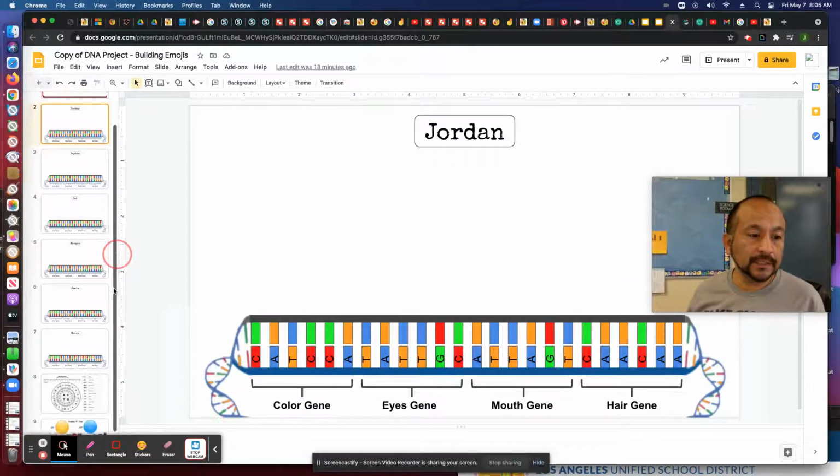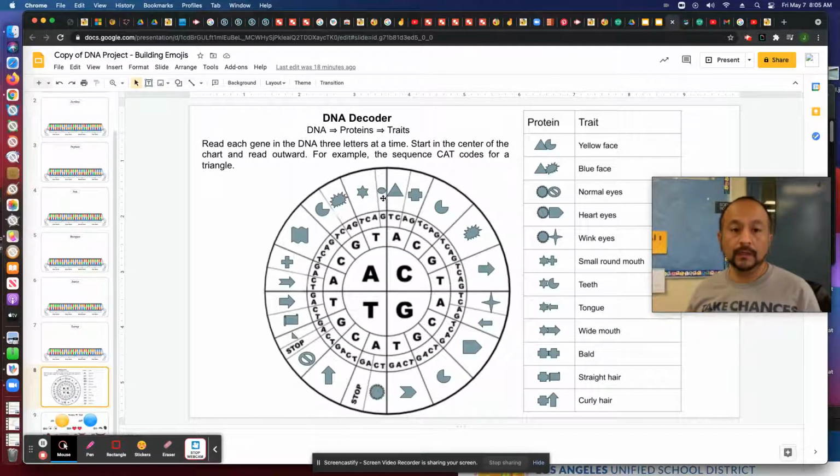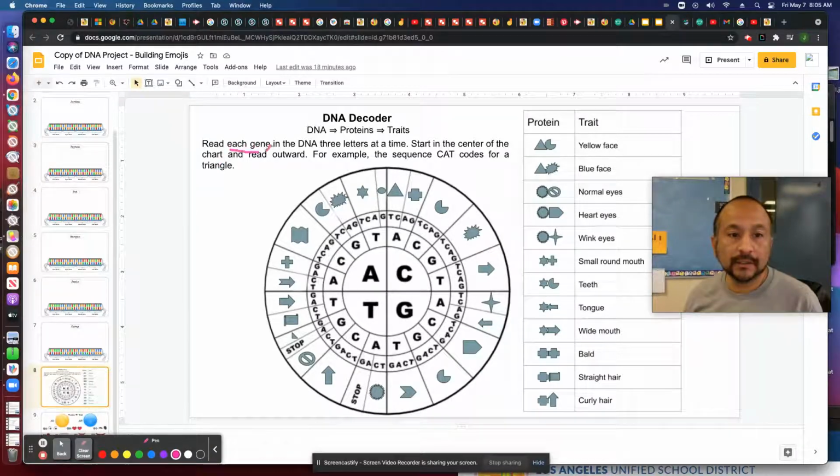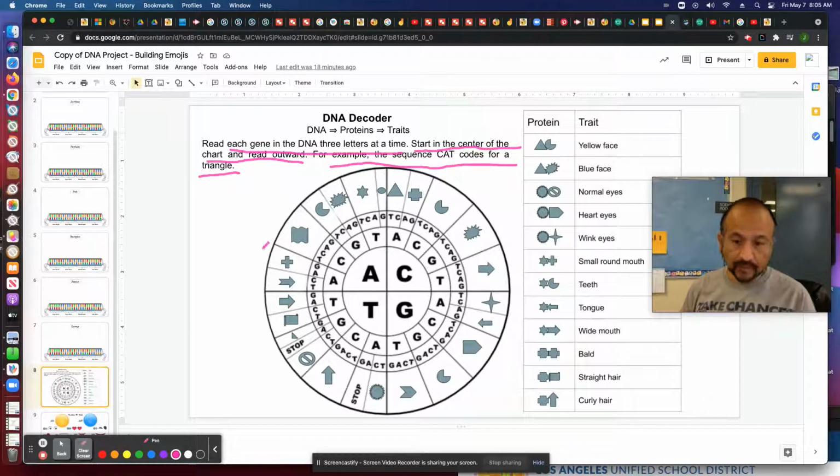I'm going to now go to the DNA decoder, and I will be looking at the instructions. The instructions read: each gene in the DNA, three letters at a time, which is what we did. We read the letters and we came up with the word cat, C-A-T. It says start in the center of the chart and read outward. For example, the sequence cat codes for triangle. So we have the letters C-A-T that we copied from Jordan's DNA sequence for the color,